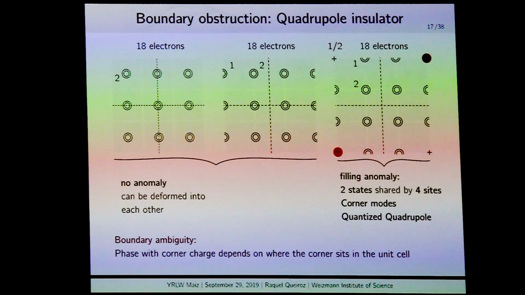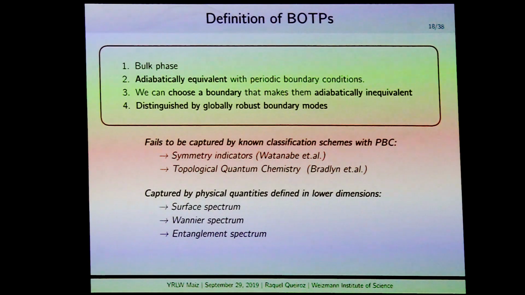So there's this boundary ambiguity in this problem, which is if I were to cut my unit cell in a different way, I could have singled out, instead of this phase, any other of the other phases. So what do we define by bulk obstruction, by boundary obstruction? It is a bulk phase. This is not something that is a boundary phase, it's a bulk phase. However, what it tells you is that 2 systems which are adiabatically equivalent in the presence of periodic boundary conditions stop being adiabatically equivalent if I put boundaries. And these two different phases, when I do have a boundary, can be distinguished by robust and globally protected boundary